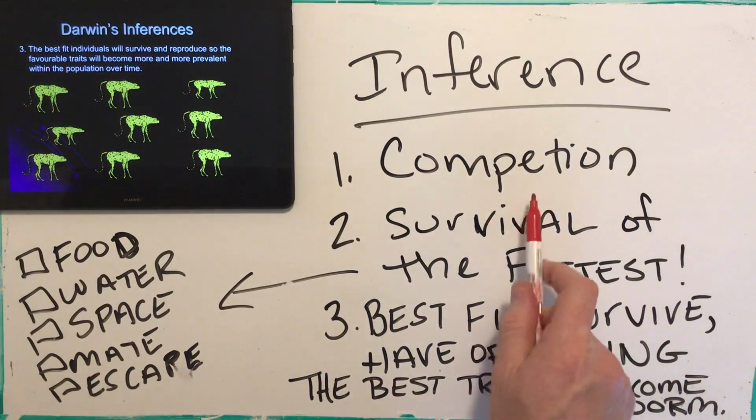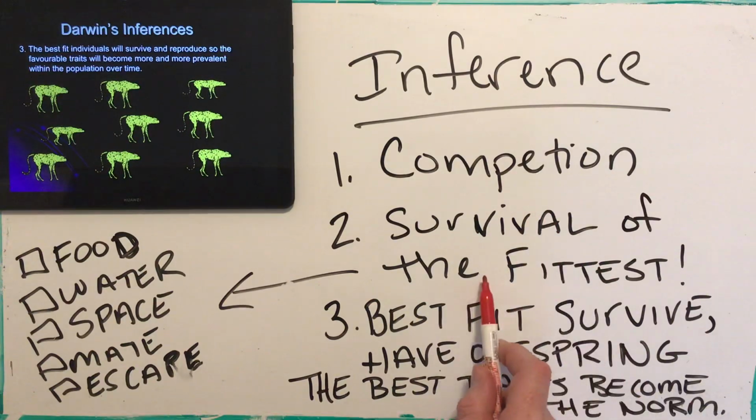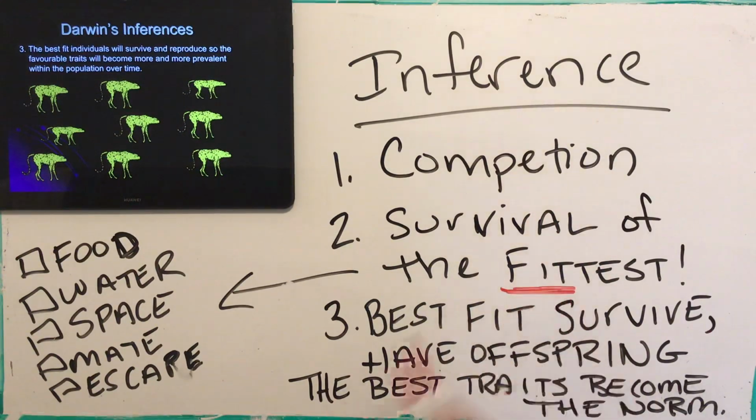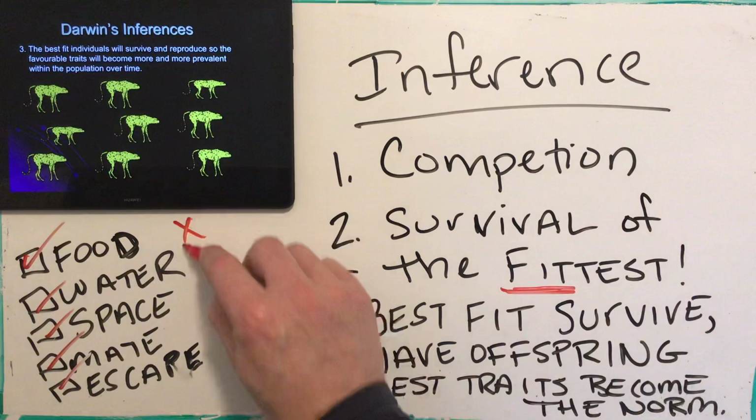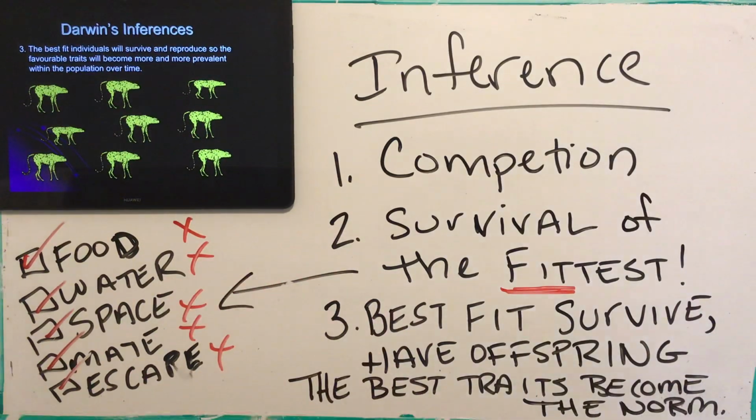So again, there's competition for limited resources. Who's going to win the competition? Whoever's the best fit to the environmental demands. How do you determine if you're best fit? If you can find all these things and get check marks. If your traits allow you to do that, you survive. If your traits are doing this, bad news, you're dead. The best fit survive, reach adulthood, pass on their traits. The population becomes better. Those best fit traits become more prevalent. And that's basically how evolution works. These three simple inferences. And I tend to think they're pretty simple. So that's it. That's natural selection.